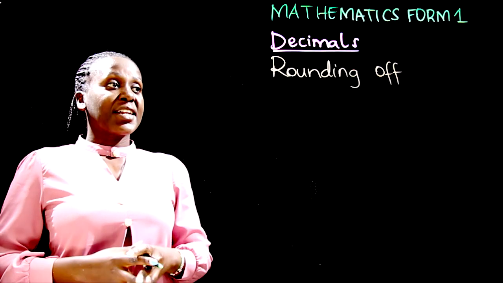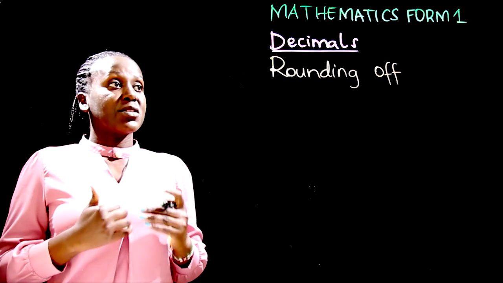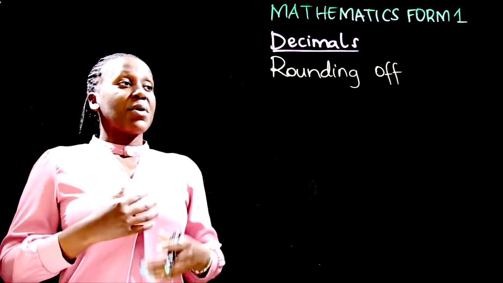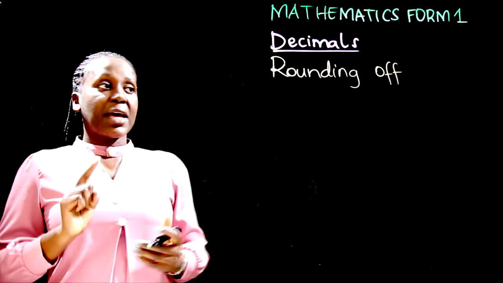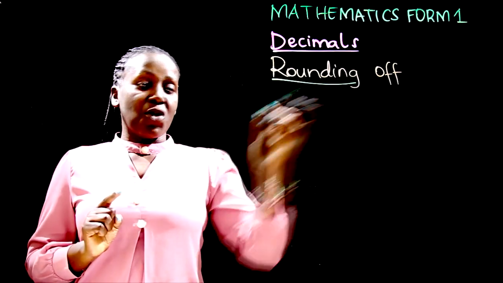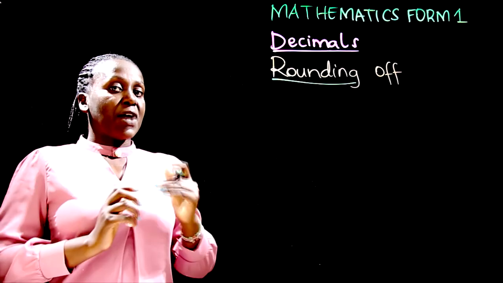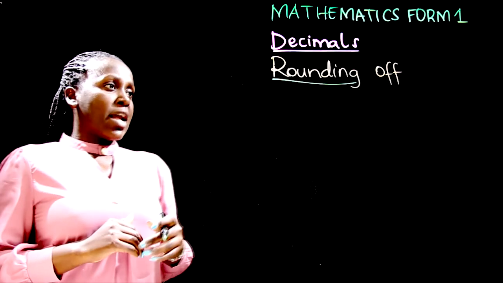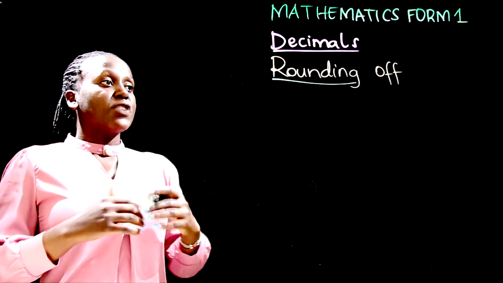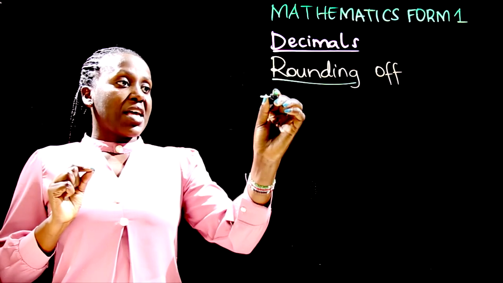Lesson. I'm teacher Agnes, and today we are going to discuss how we can approximate decimals. Now we have several methods of approximating decimals, and one of them is through rounding off. So rounding off is one of the methods of approximating decimals or even other numbers. Now the type of decimals that you can round off are the decimals that are either